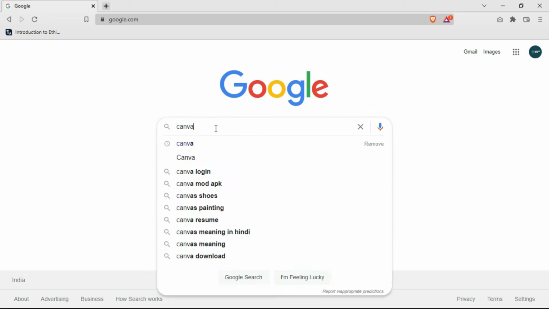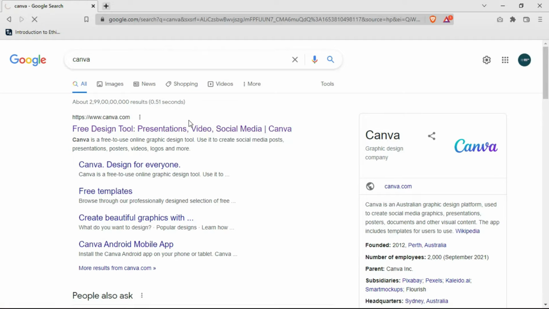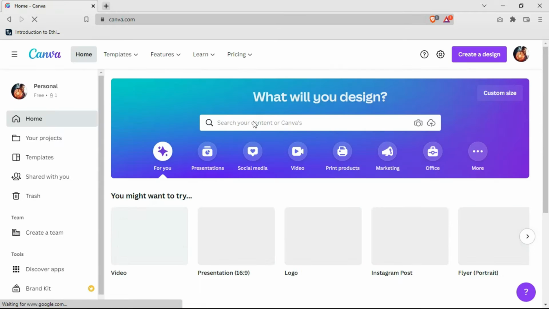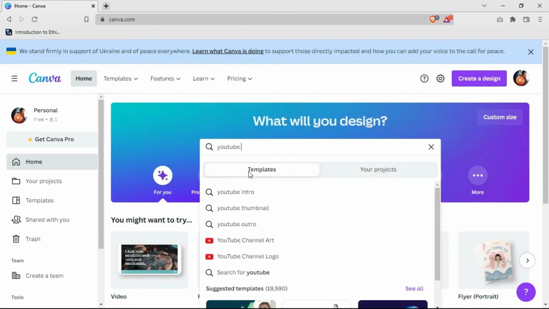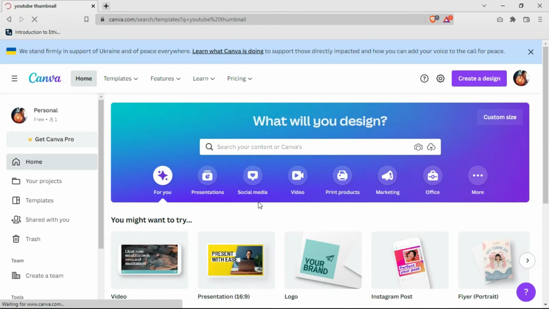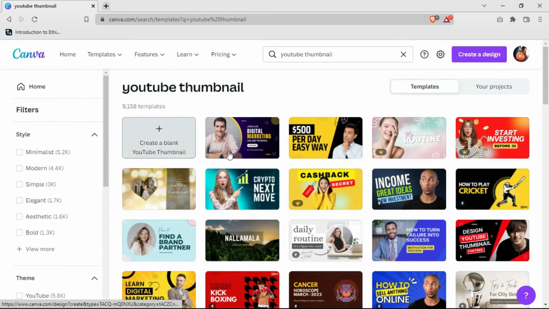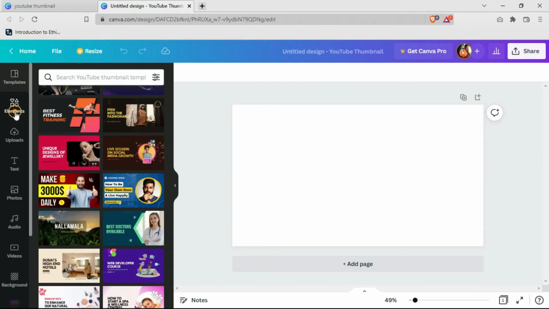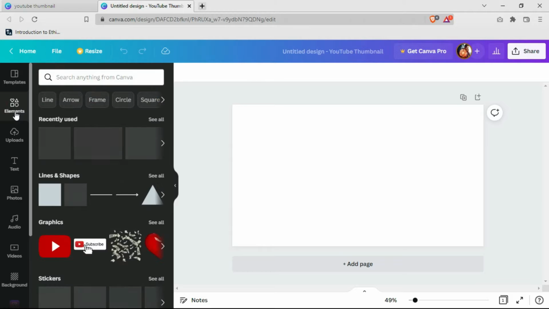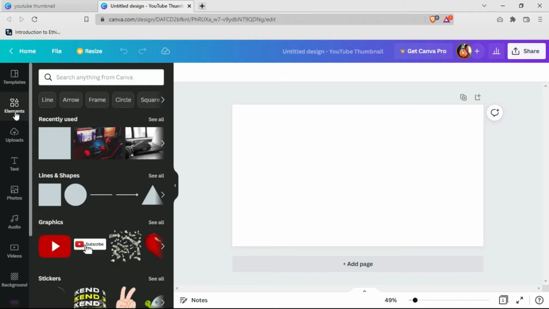First of all, we'll go to Google and search for Canva. We'll go to its official website, and on the search bar, I will search for YouTube thumbnail. Here you can select your template or go to create blank YouTube thumbnail, and here you can see different options